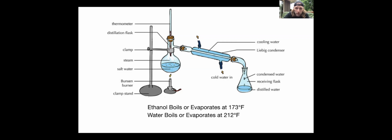Water is always going to kind of boil off. If you notice, even on a hot day, if you take a glass of water and stick it outside, a lot of it will evaporate just from the sunlight and the atmospheric pressure. So water is a weird molecule, and the more energy you add to it, the more of it kind of evaporates off on its own. But technically, the evaporation point, or the boiling point for water, is supposed to be 212 degrees Fahrenheit, while ethanol is 173 degrees Fahrenheit. So if we kind of shoot for about 180 degrees, we speed up the process of the distillation a little bit. We'll get a little additional water, but